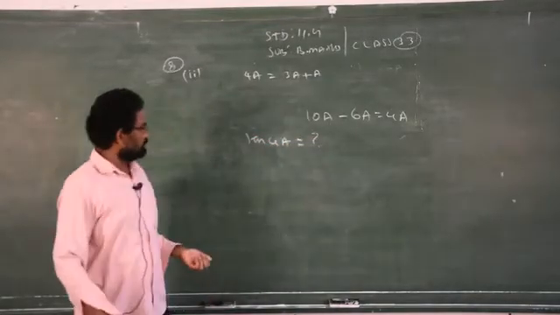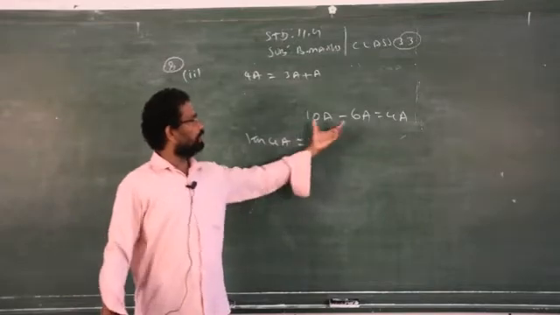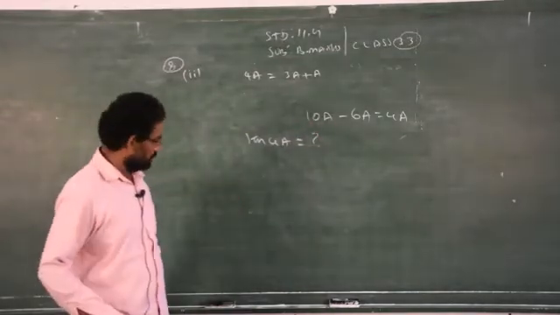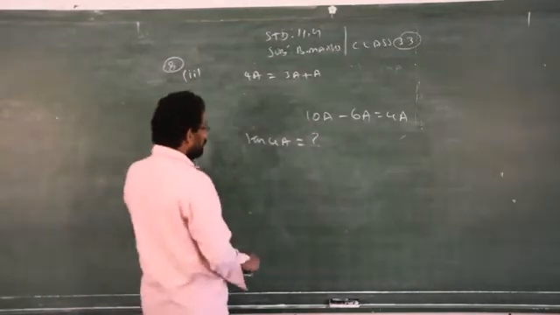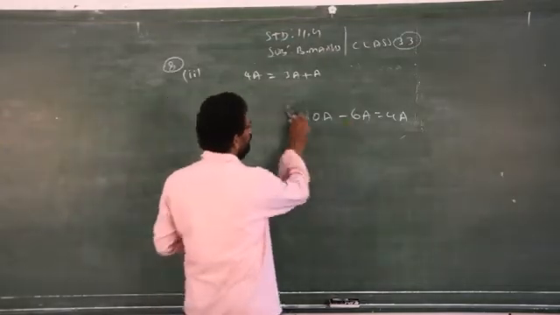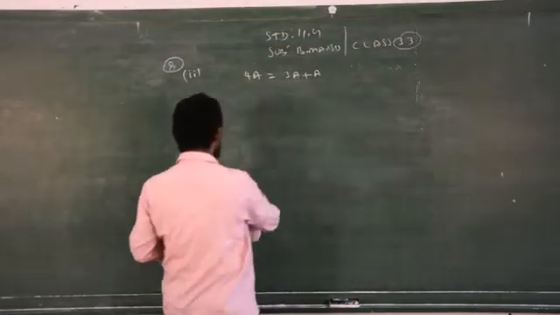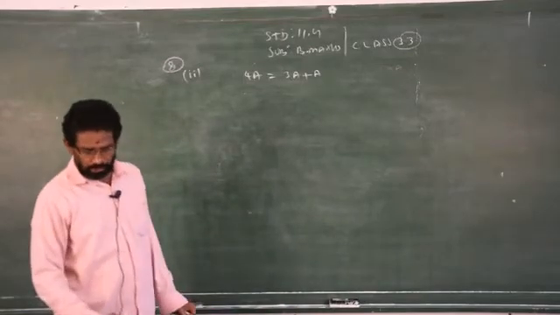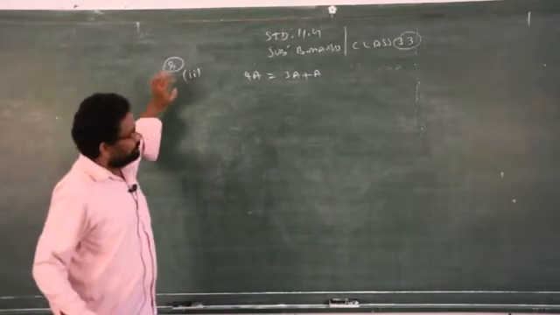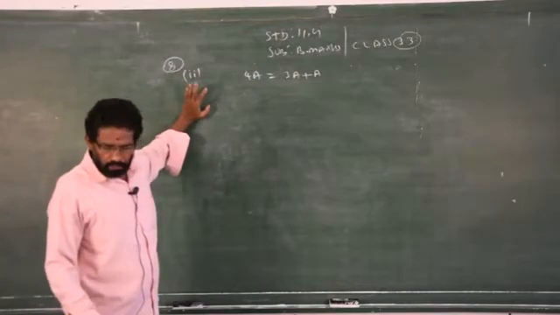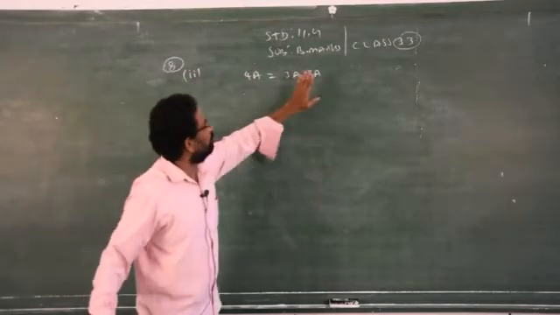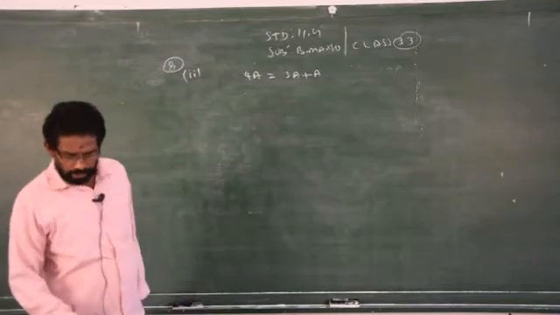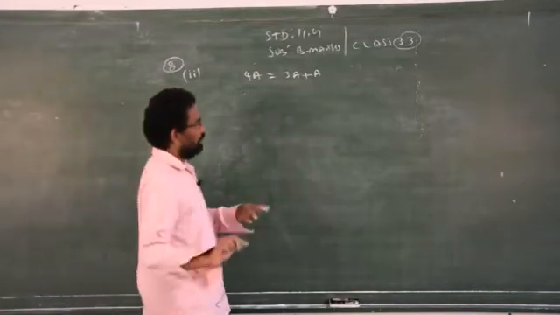When the question is asked, find tan 4a, then we can use this combination or some other combinations. Clear. But it is given very clearly in the question itself, the question stating that tan 4a, this combination of 3a and 1a. See question number 2 under the 8th question. That combination is given only in terms of 4a, 3a and 1a. There won't be any 10a or 6a. Therefore, don't take some other combination.